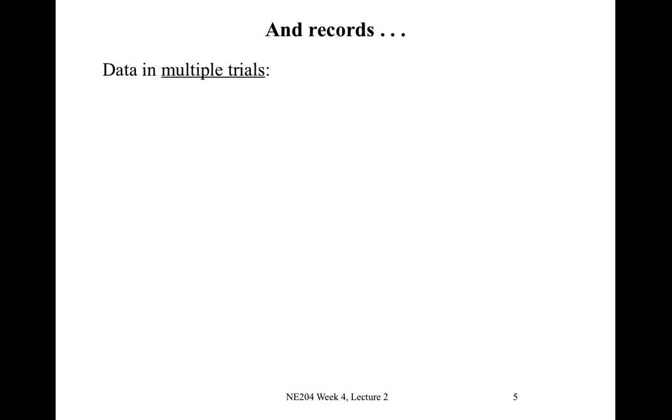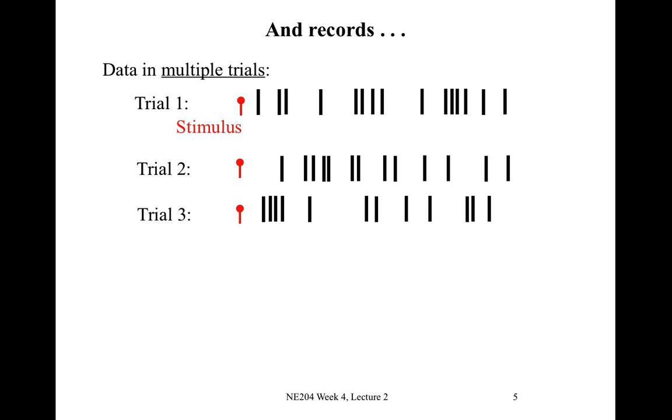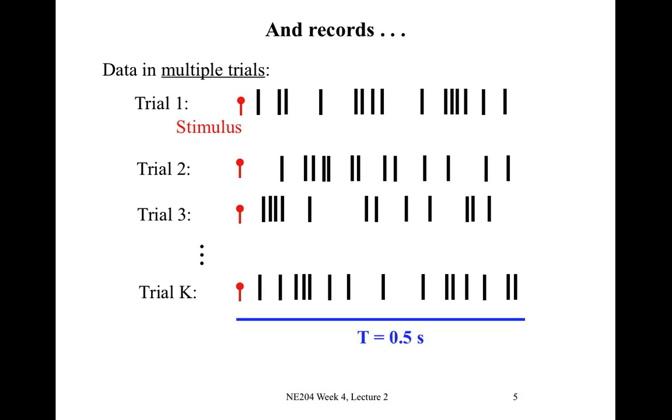He collects data in multiple trials, so he'll stimulate the neuron and record the activity as a function of time. He'll then stimulate the neuron again in some way, maybe by dumping a chemical on the slice, and record the activity as a function of time, and do this for a third trial and so on, all the way up to K trials. Each time he'll observe that neuron for half a second,